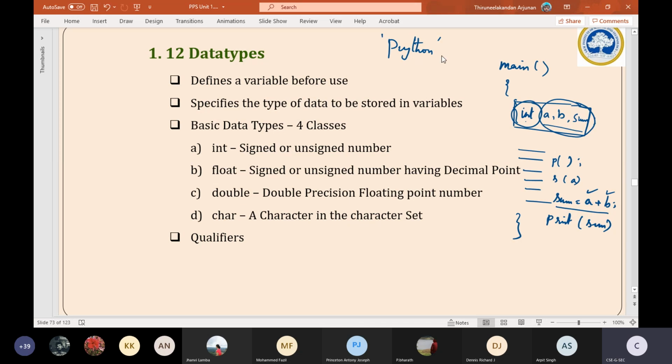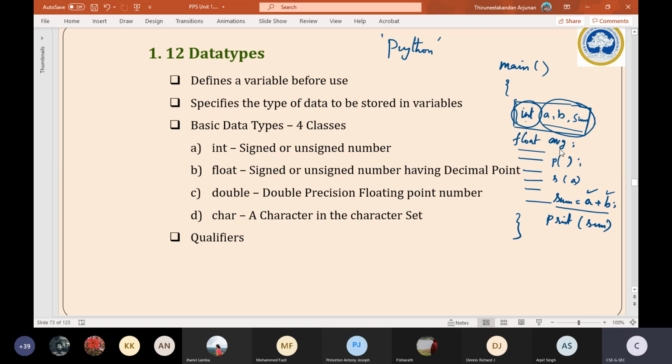For now, we will consider another language, C. Look at here. It specifies the type of data to be stored in the variable. So a, b, sum, all these variables are capable of holding only integer values, round values only. In case I want to find the average of it, then I can declare float avg. This denotes that it can hold a fractional value. So we are giving intimation to the compiler that it is a float. Like that we need to declare and then only we need to use.